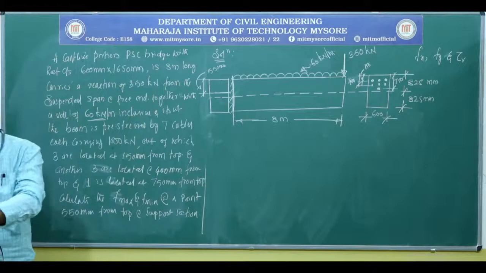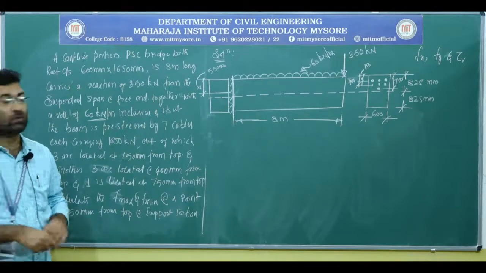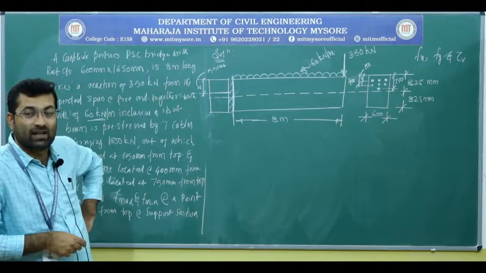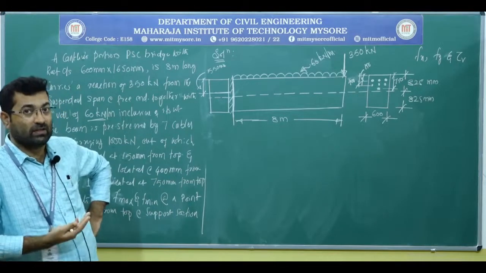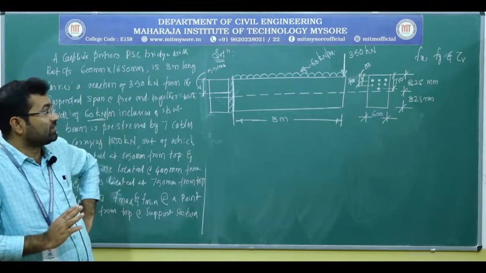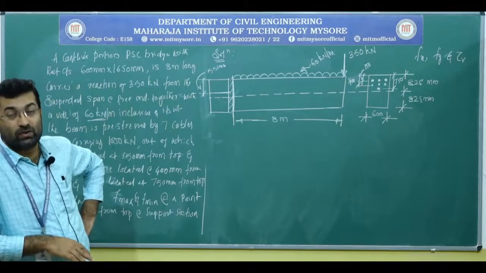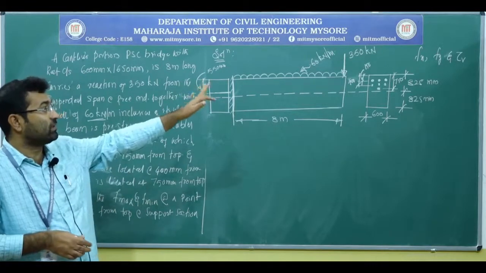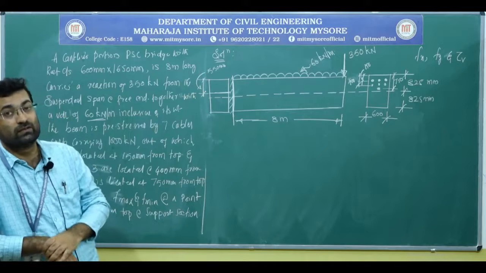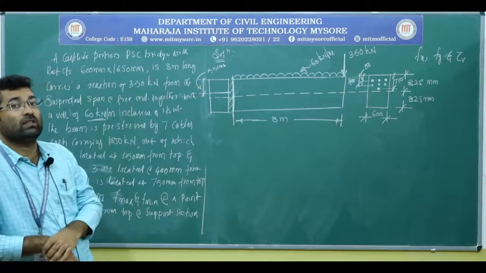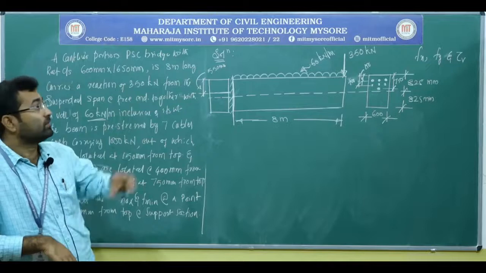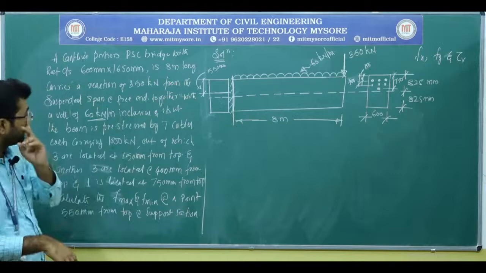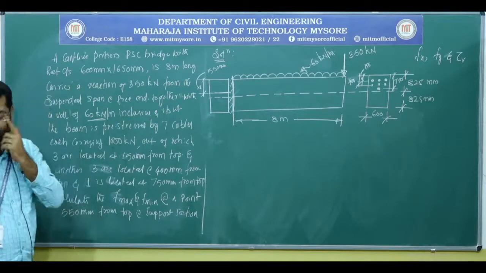Okay. So first of all, to calculate the f of x, we should calculate the stresses in the entire beam because of the direct pre-stress and because of the external loads. To calculate the stresses from the external loads, that is from the 60 kilonewton UDL and 350 kilonewton concentrated load, we need to work out the moments developed because of these two loads at the supports. Okay. So let us work out.